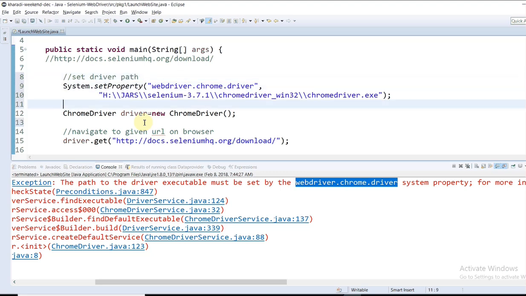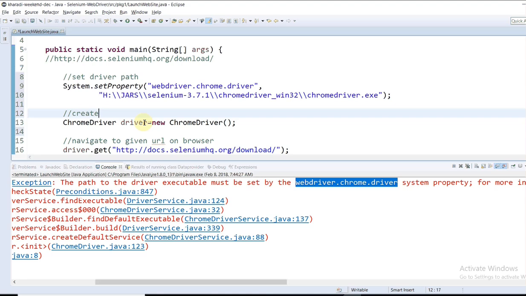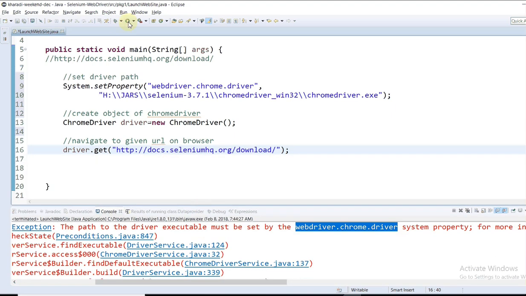Driver path. Then I'll create, let's say, an object of driver, right? And then navigate to a specific URL, right? Now if you see, guys, if I execute this code,